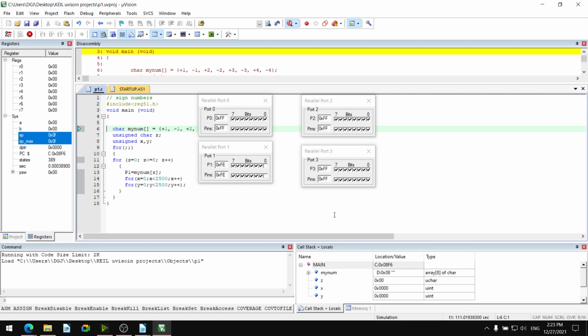Okay, 01, 02, 03 FD, 04 FC, 09, 01 FF, 02 FE, 03 FD, 04 FC, 09, 01 FF, and so on.